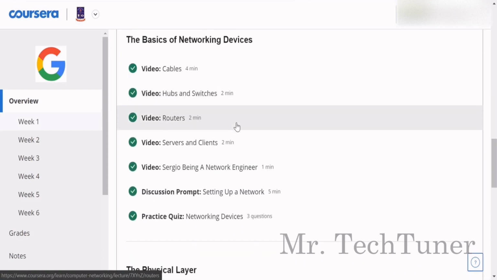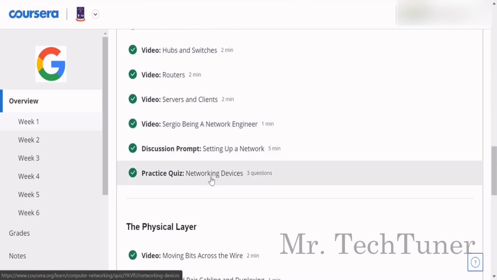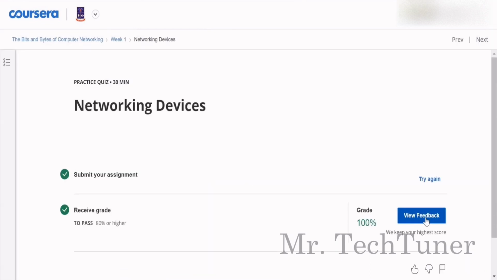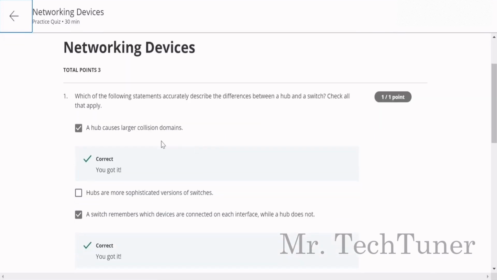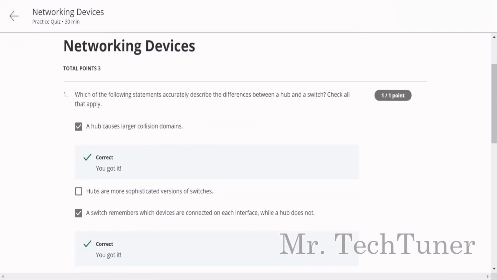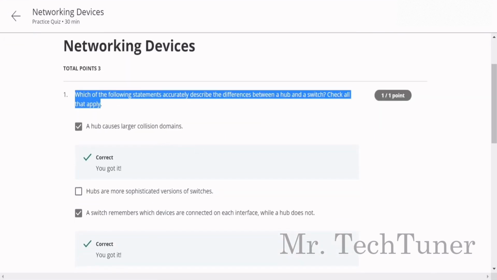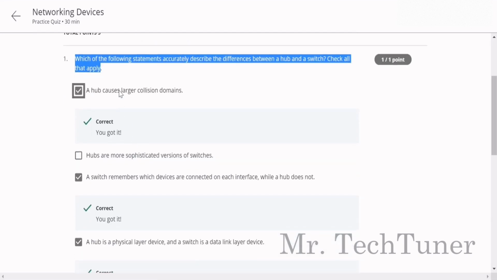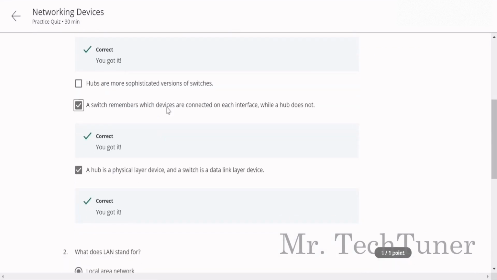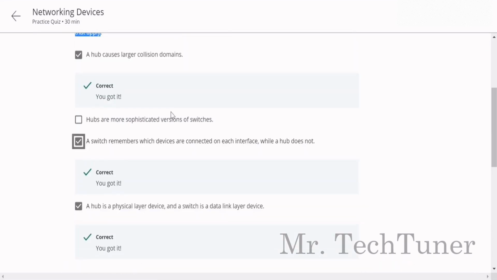Our next quiz is on networking devices. The first question: which of the following statements accurately describe the difference between a hub and a switch? A hub causes larger collision domains. A switch remembers which devices are connected on each interface, while a hub doesn't.